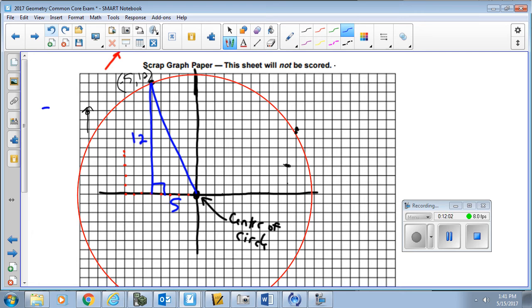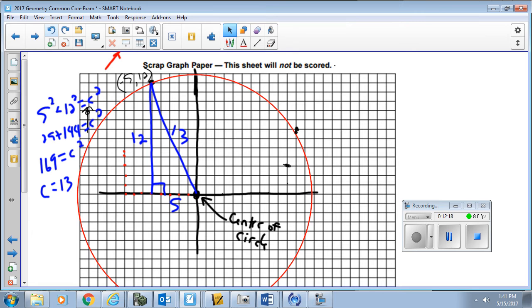And if you do 5 squared plus 12 squared equals c squared, you end up with 25 plus 144 is equal to c squared. And you end up with 169 is equal to c squared. So c is actually equal to 13. So that means that side is 13. That's actually our radius. So this one I'm about to outline in green, that's our radius. So any point needs to have a distance of 13. So if I look at my other points,